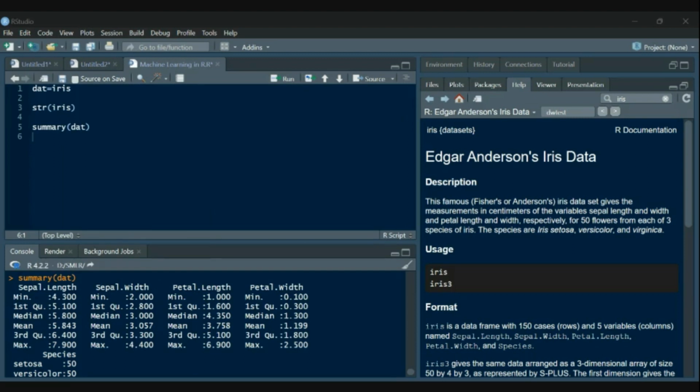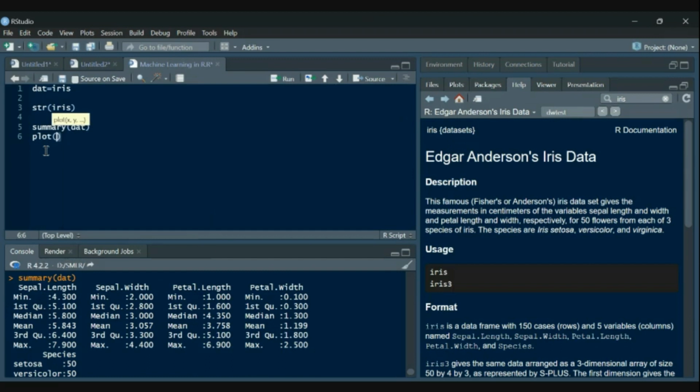Okay, now let's plot the sepal length versus the sepal width. For that, we have done this in our previous session. Can you plot it?